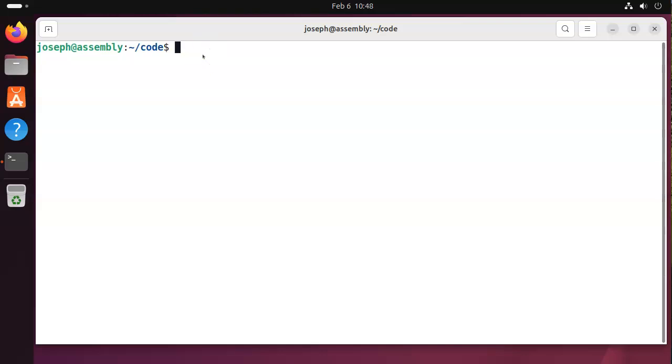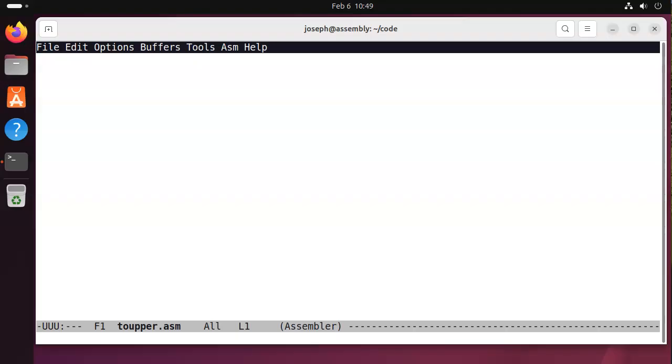Let's look at how to do an array in assembly language. In order to do this, I'm going to create a program that will convert lowercase characters into uppercase characters. So let's go ahead and call this one toUpper.asm. In this, I am going to have a section for my data,